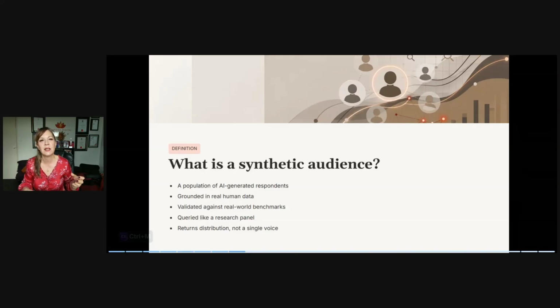It's almost like you've done that groundwork to see how people will respond, and then you're using them to almost predict what they would respond if asked other questions. It's validated against real human benchmarks, and it's almost like a research panel. For some of the studies I've worked on, I've bought a research panel from a market research company, and they make sure they're not AI generated, but they're real people in a particular area.